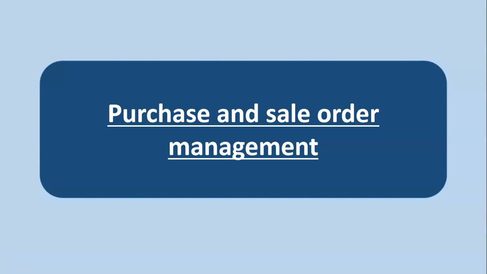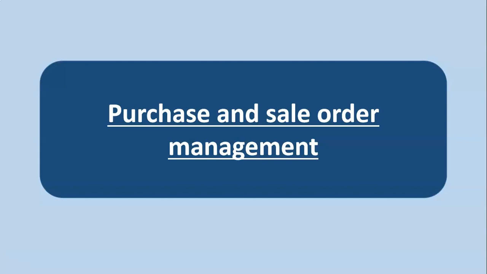If you want to purchase goods, you should not account directly to purchase. There is an order you have to follow, step by step in Tally Prime. First you have to raise a purchase order. Against the purchase order, the supplier will be sending you the goods. Then you will enter the received goods in the receipt note. Against the receipt note, if there is any return, you will account in the rejection out voucher.